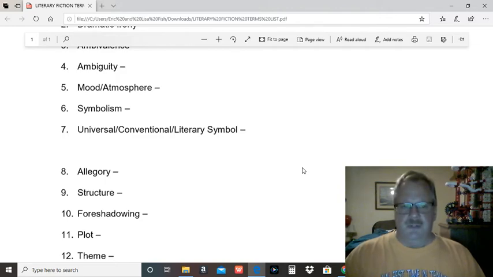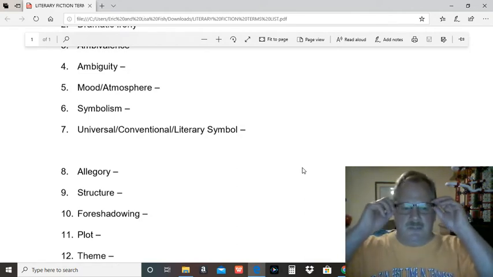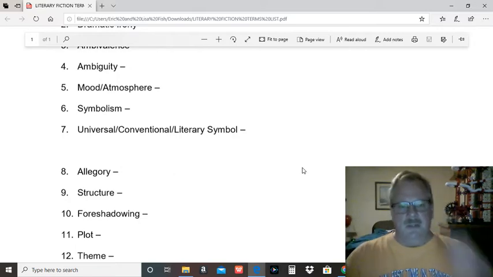For mood and atmosphere, just kind of the feelings you get while reading the book. Sometimes you get that gothic mood. Somebody like Faulkner, where the men sit down in the chairs and the dust curls up around them, and they find the corpse in the room. Very gothic kind of mood going on with Faulkner. Same thing with Hawthorne. You get into a lab with Aminadab stoking the furnace and all this stuff going on. A very ornate, almost in a way supernatural kind of atmosphere going on in The Birthmark.